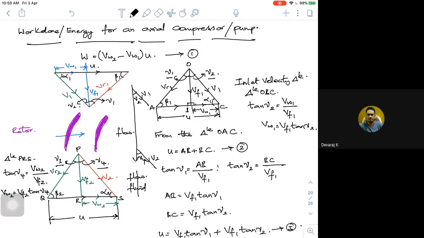But in radial flow machines, because it's radial flow direction, beta automatically comes. That's why we studied beta. In radial flow machines, beta plays a major role, the effect of beta 2. We had backward curved vane, radial curved vane, and forward curved vane. But we don't have such situations in axial flow machines.